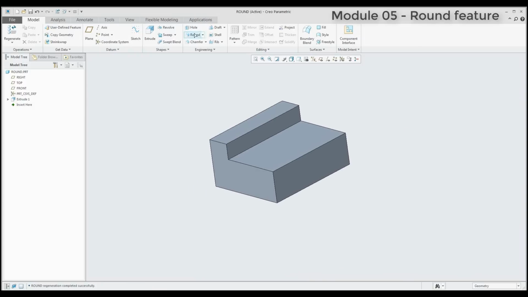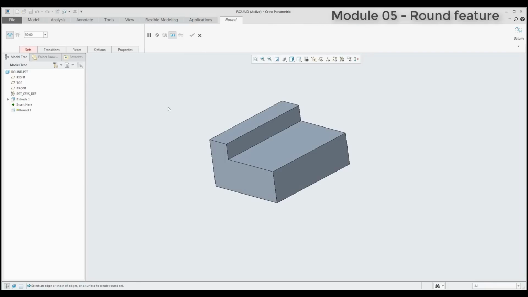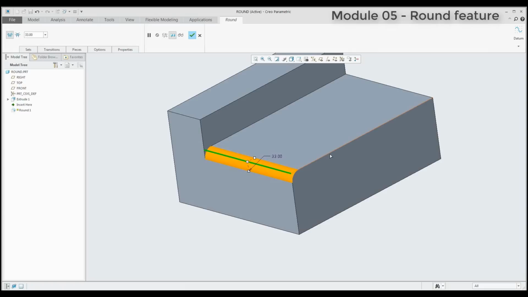And we have spoken that it's possible to create round feature on selected edge. So you can select one edge and specify the radius. And if you select another edge and specify a different kind of radius here, the system will create for you the intersection of these two radii. Sorry, it's a better example if I select more than two edges. So I will add another one, and you can see here the system will work with transition here and specify